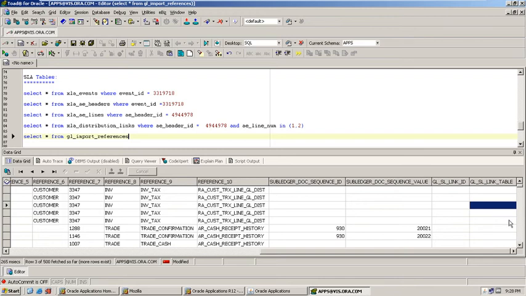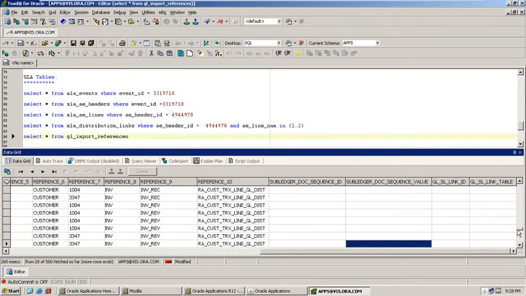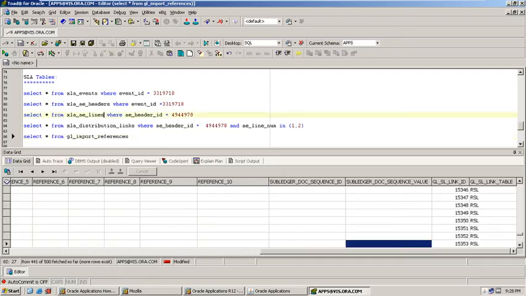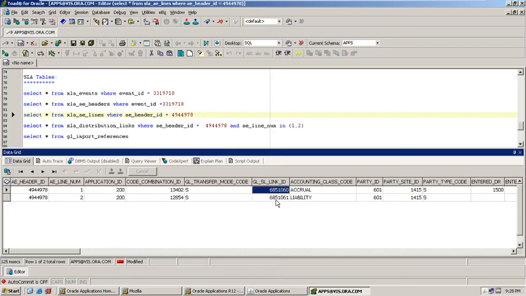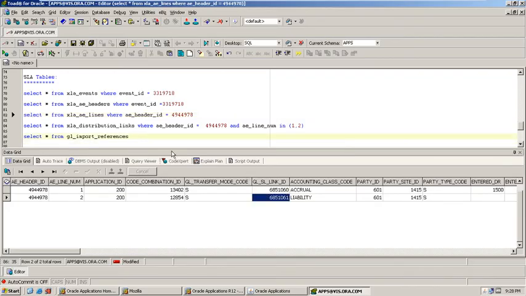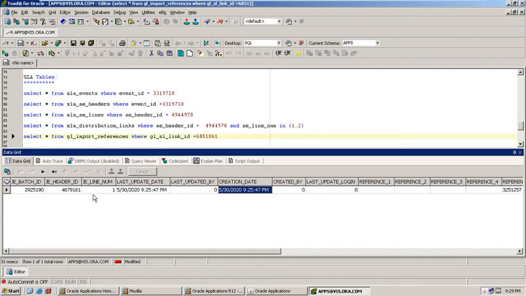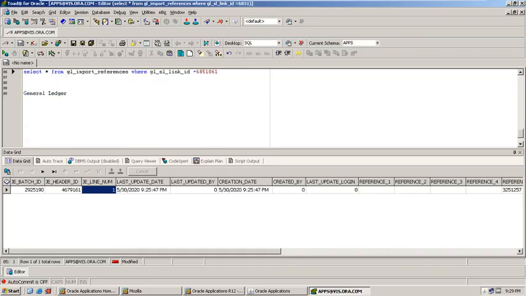It is GL SL link ID, where GL SL link ID equal to this one. See, here you will see the details: journal batch ID, JE header ID, JE line number. You can join GL tables.